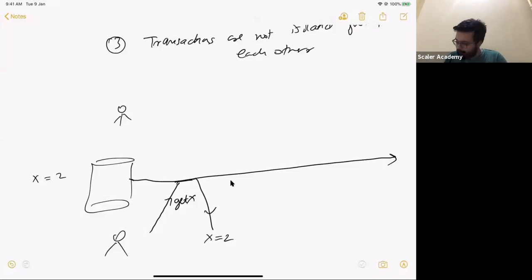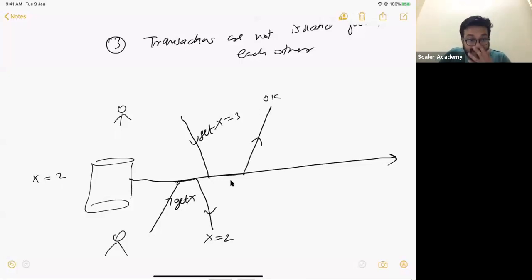Now, let's say user 2 also wants to do something, because if it does not do anything, then the problem will be very, very boring. User 2 also wants to do something, and he will say, hey man, I want to set a value of X. He wants to set the value of X equal to 3. It will take some time to process, and then the user will be told, hey man, okay, I just performed your value. But understand that this user was not running a single operation. This user was running a transaction.